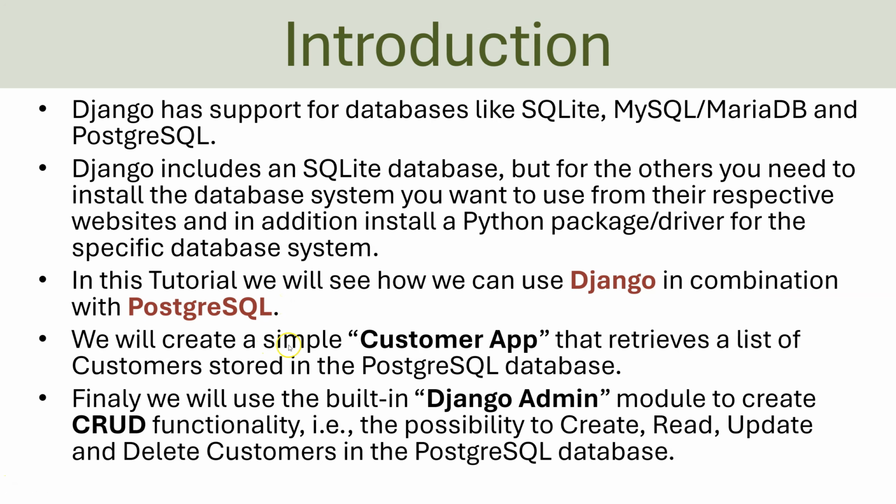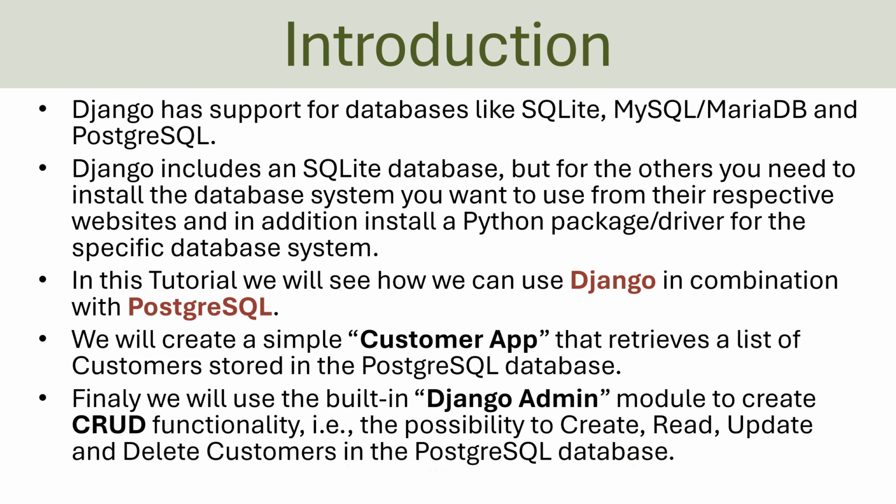So we will create a simple Django application, just call it customer app, that retrieves a list of customers that are stored in this PostgreSQL database. Finally, we will also use this built-in functionality, which is part of Django, called Django Admin. This is a module to create so-called CRUD functionality. We can use it to create, read, update, and delete, in our case, customers that are stored in the PostgreSQL